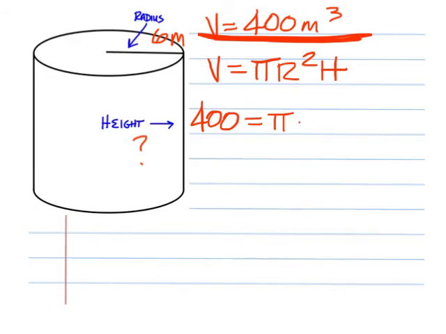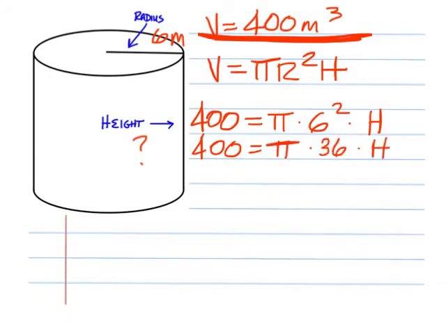400 equals pi times r squared, which is 6 squared. And we don't know h, so you have to write down h. Next, simplify. 6 squared is 36. Now you have to solve for h, and in order to do that, you must divide by what is beside